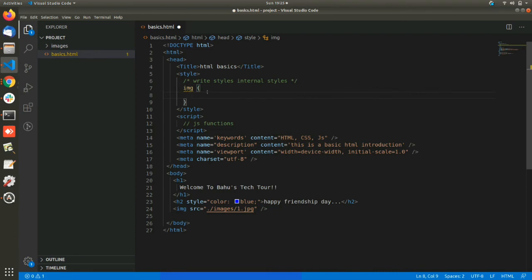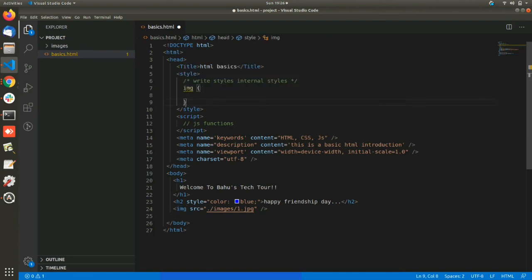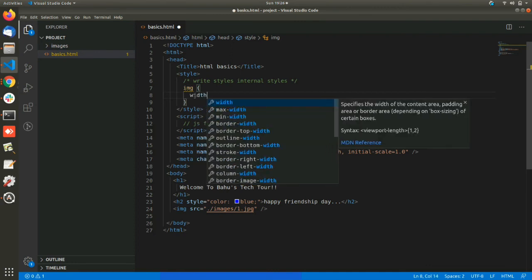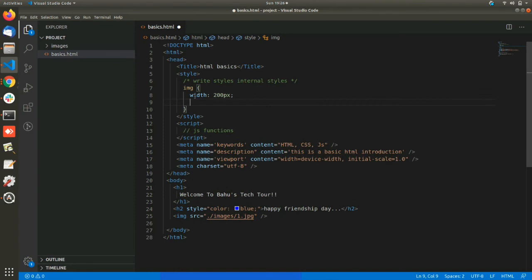The syntax will be this image tag, I will take this image tag and open curly brace and close curly brace. Now I want to define width and height for that image. Width 200 pixels, height 200 pixels. So in this way we are giving internal styles for the HTML document within the head tags.